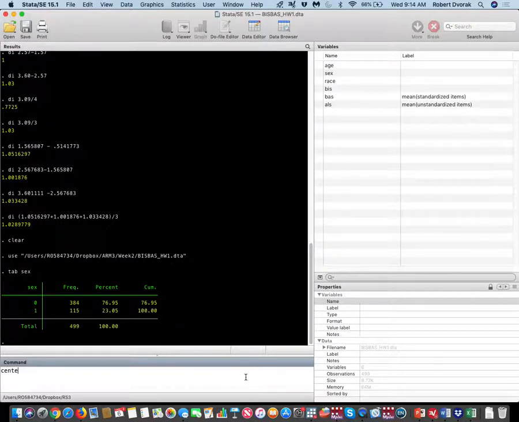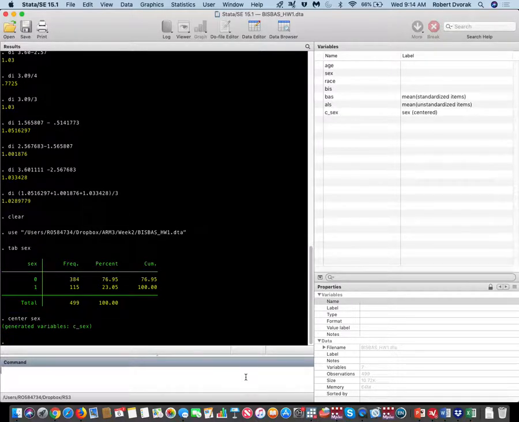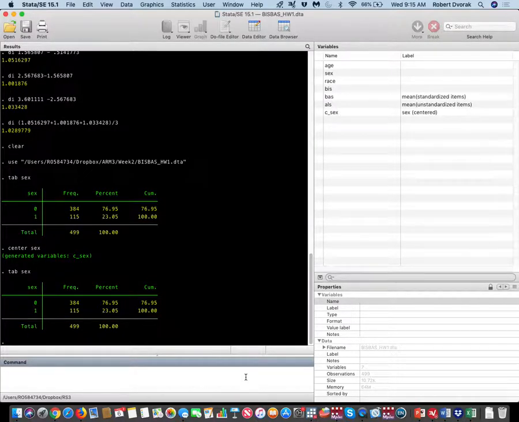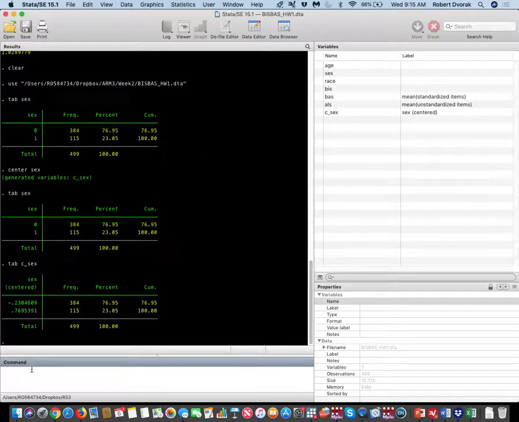All right, let's go center sex. Tab sex. Okay, oops, tab C underscore sex. All right, so there's obviously not an equal distribution of men and women here, right? We have more women than we have men, and so these are not minus 0.5 and 0.5, but let's do something. Let's go sum,